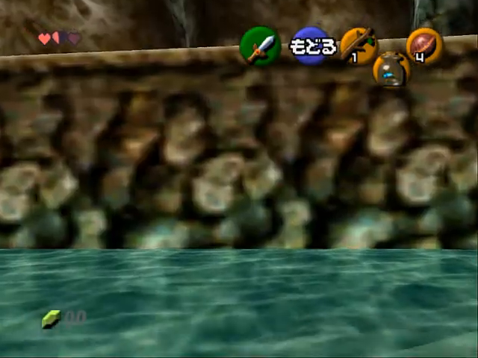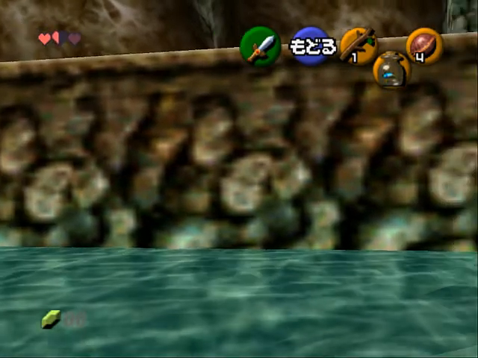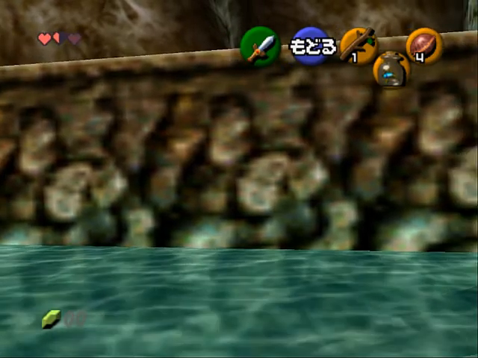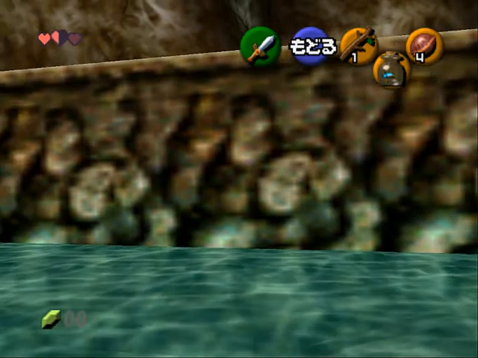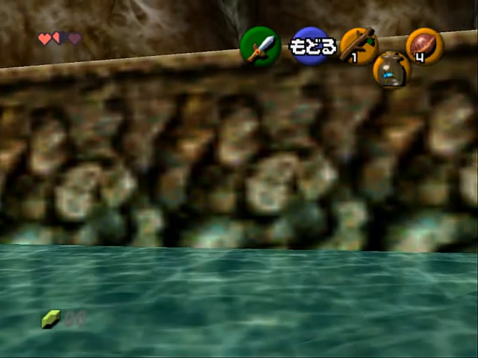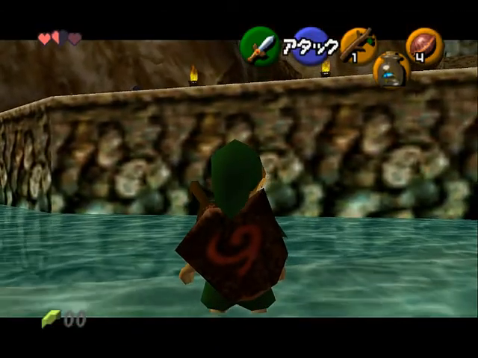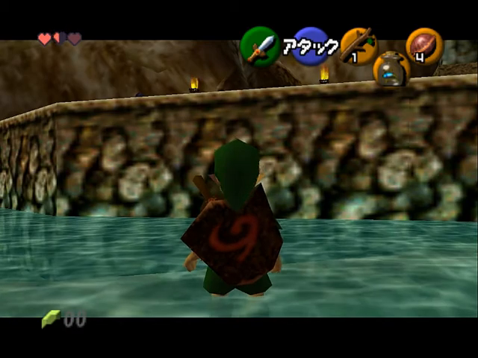Now this is where the precision takes place. See where I'm lining my sword up? I can't even get this 100% of the time, but it's the most consistent one that I know. You're gonna line your B button up. I think I'm right about here. I might be wrong. Now you're gonna come back in the third person, hit your A button, hold Z immediately,